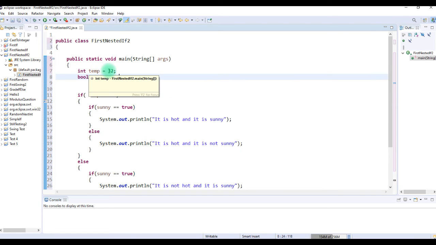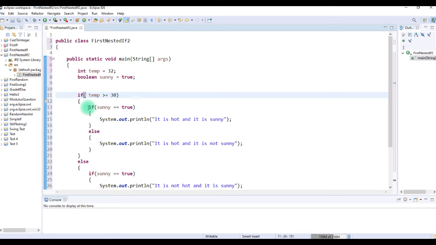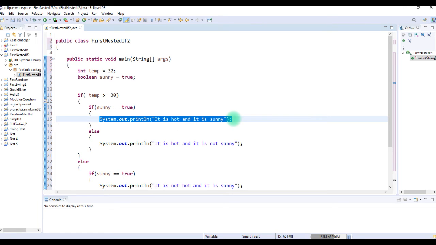I've said that temp is going to be 30 and sunny is going to be equal to true. So the program is going to come to this Boolean statement and ask, is temp greater than or equal to 30? It's true, so it's going to enter this part of the outer if statement. Now, the next question being asked is, is sunny true? Well, we've established up here that sunny is indeed true, so what we should get is this and this. This is going to be the resulting output, because temp is greater than or equal to 30 and sunny is true. So we'll run that and see if that comes up,